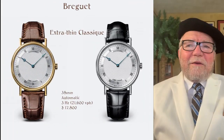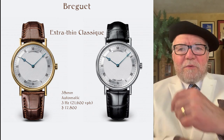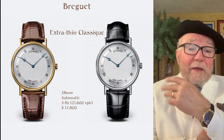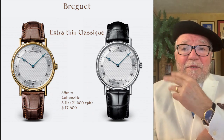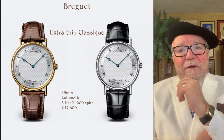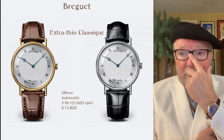Now, here, to me, this is another watch that almost defines dress watches. This is a Breguet Classic, in particular the Extra Thin Classic, and again, it's automatic. This is what surprised me about it. It's 38 millimeters, a good size, 3 hertz, which I really like, $17,800. And I think you can probably find these on the secondary market for considerably less, but they're really